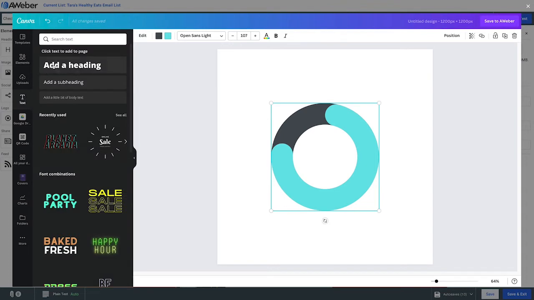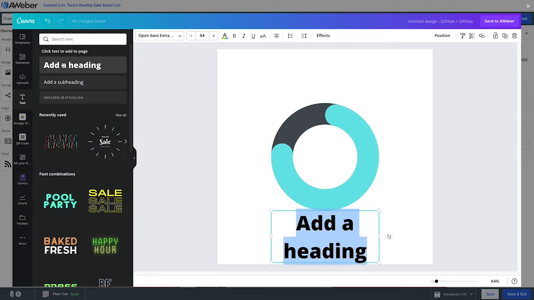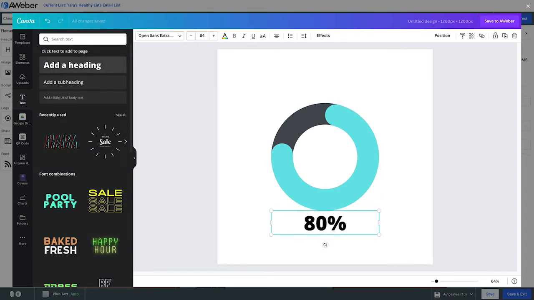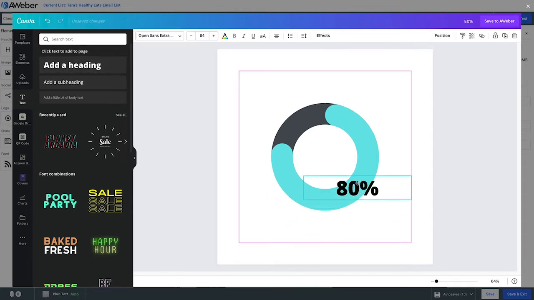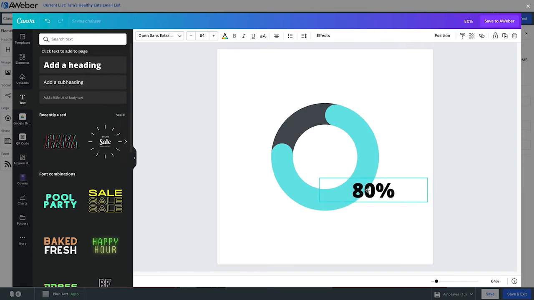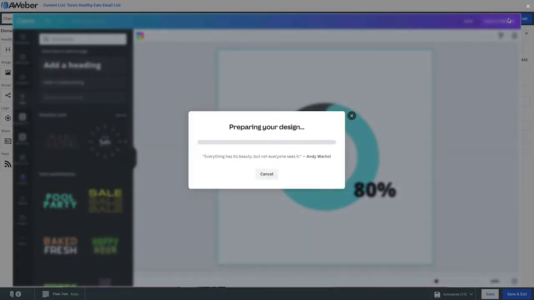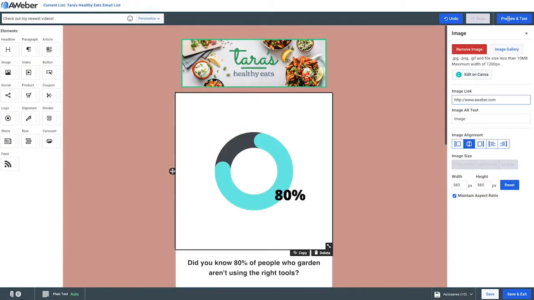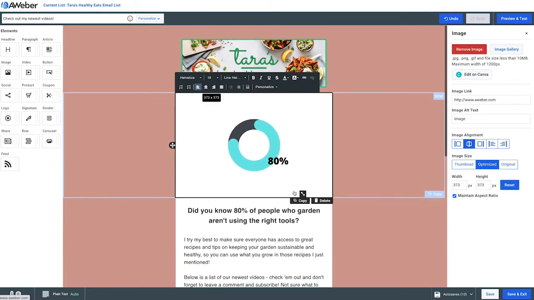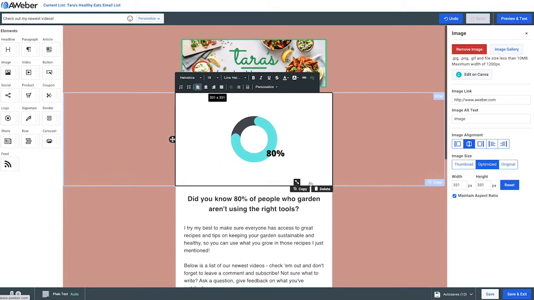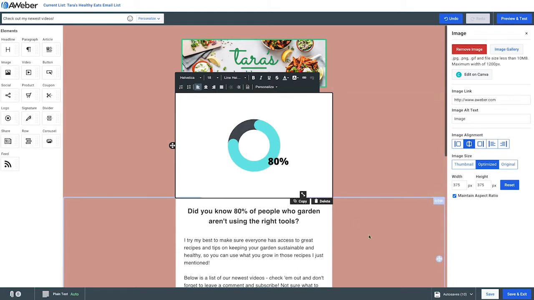So we'll put 80% for that. And then for our text, we'll just use some text that says 80% and add a nice little label to that. Let's move it to have it kind of overlaying right there. Perfect. And we just click Save. And there's our chart. We might want to resize this. This is a little large right up here. There we go. Kind of resize that, bring that text up a little bit more.